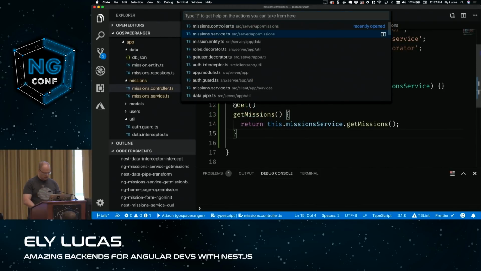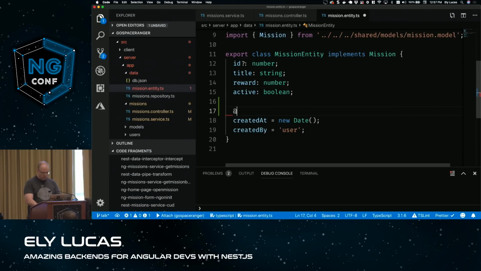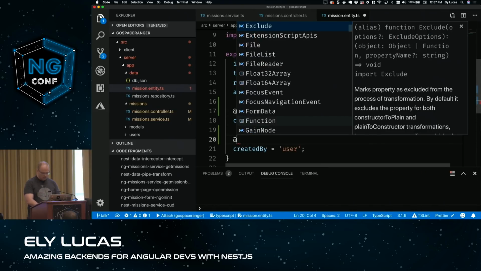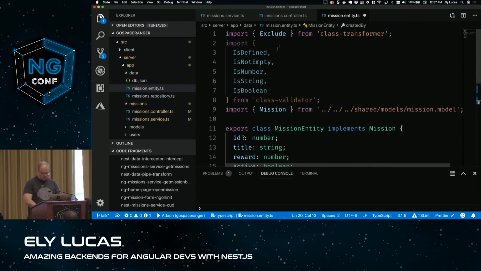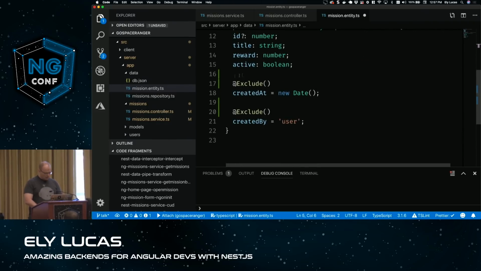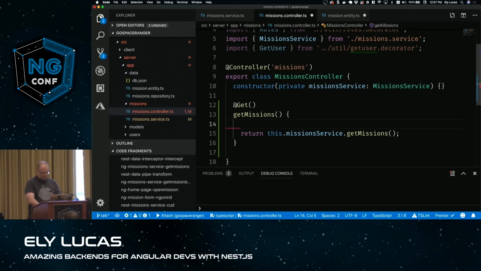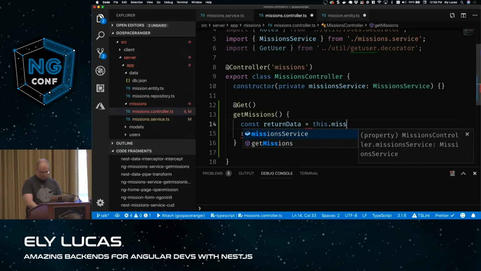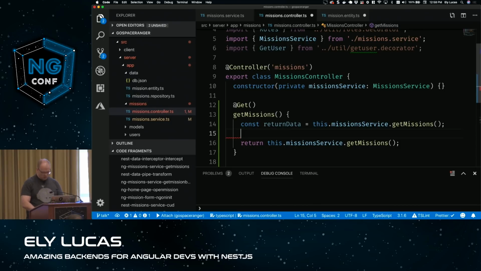So if we go back into the entity, here we can use the exclude decorator from Class Transformer. And if you look up here, exclude is imported from Class Transformer. And now that we have that, inside of our controller what we could do is say, const returnData equals this.missionService.getMissions, and then we can return,